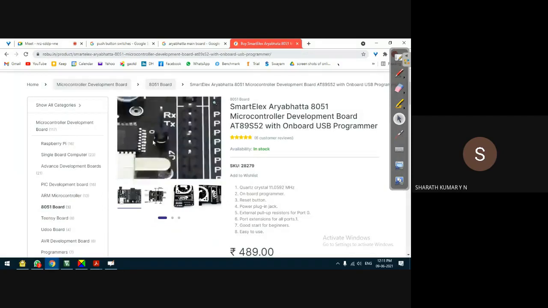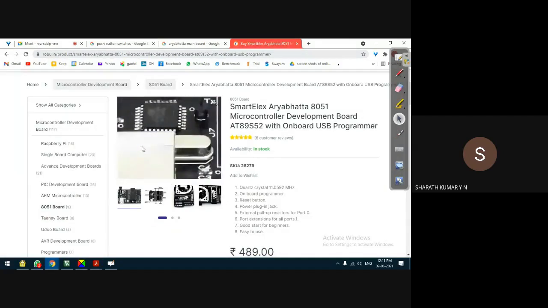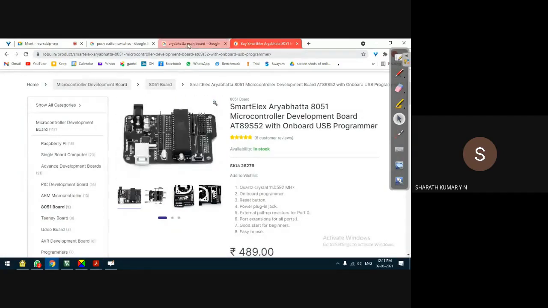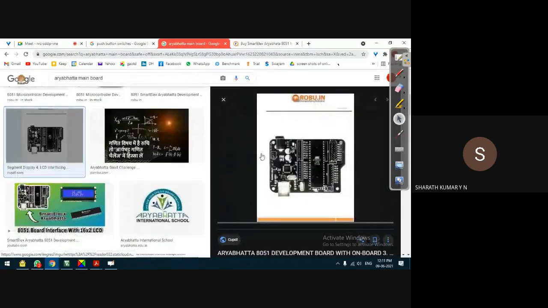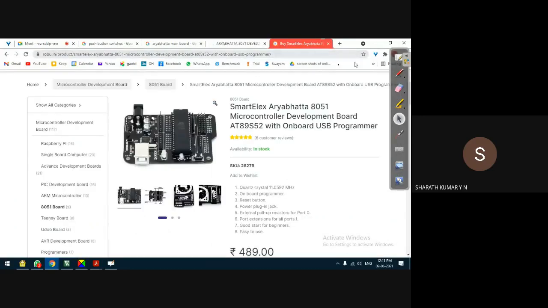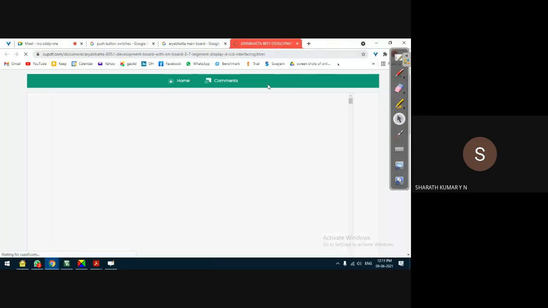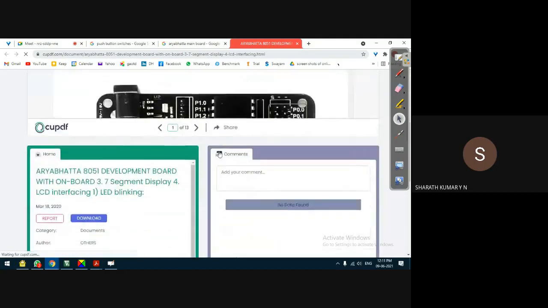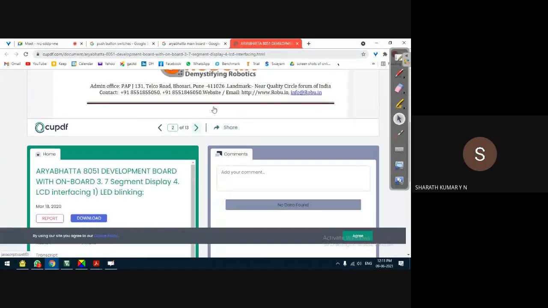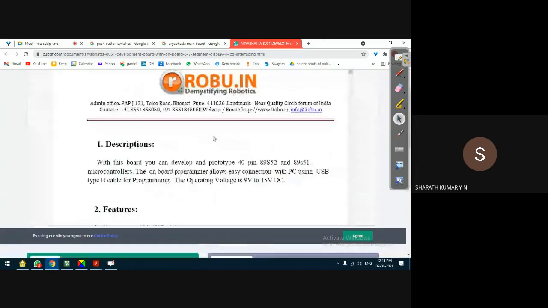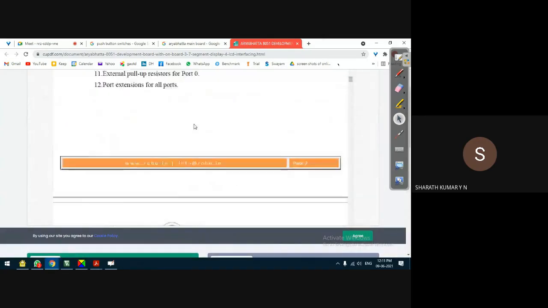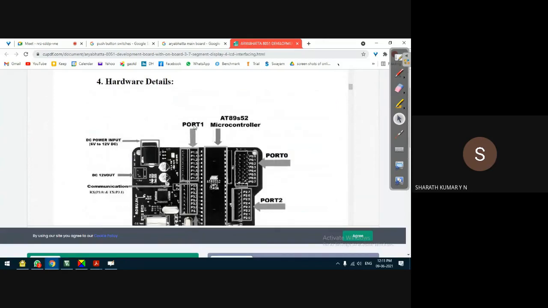Just give me a second. This is the crystal oscillator, and I'm not able to see the frequency. I want to show you the frequency of the crystal oscillator.